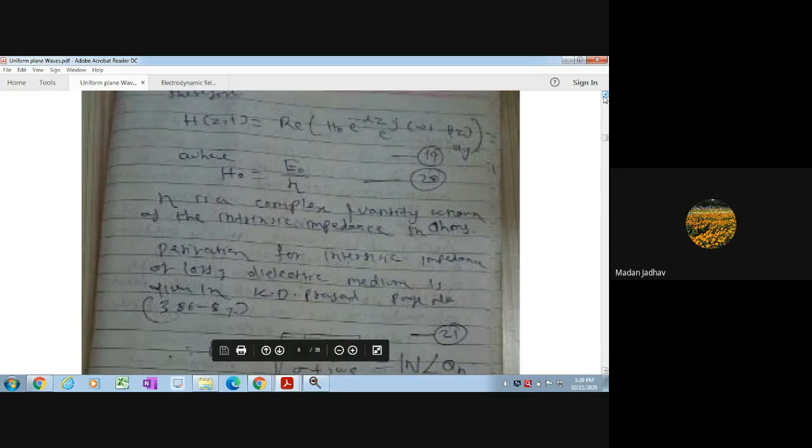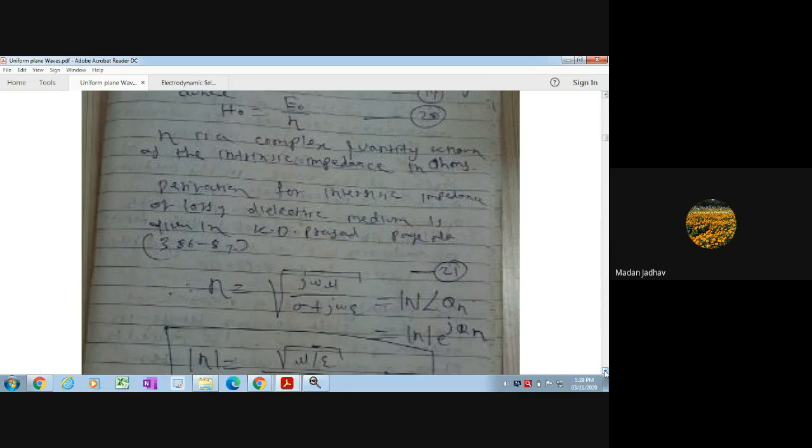Okay, and then we can write the equation for the magnetic field intensity, which we have written here. You can see that the equation for the magnetic field intensity, the real part only, is H naught times e to the power of minus alpha z times e to the power of j omega t minus beta z. Now we have considered that the wave is propagating through a lossy dielectric medium, and